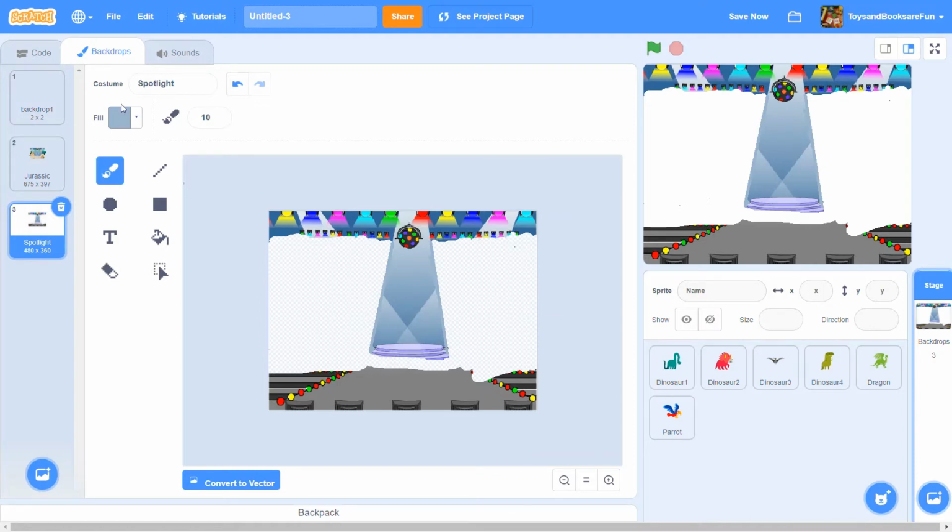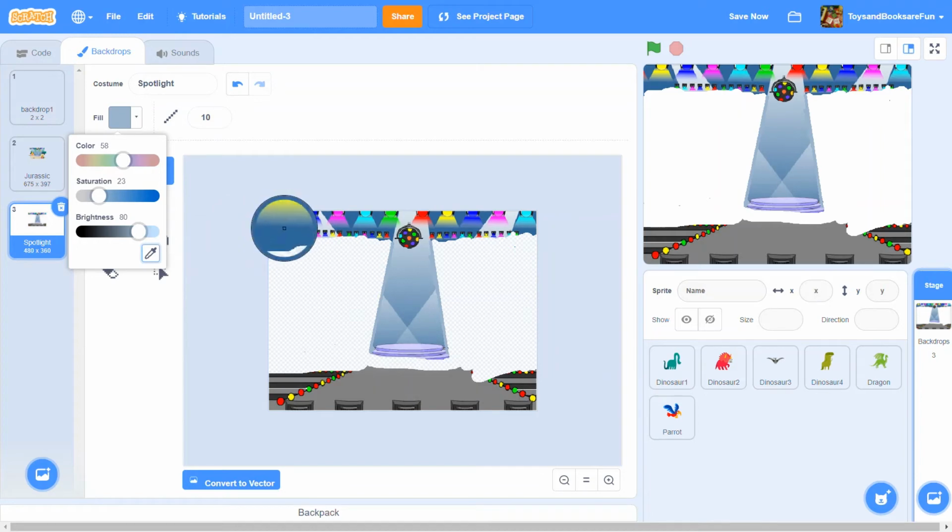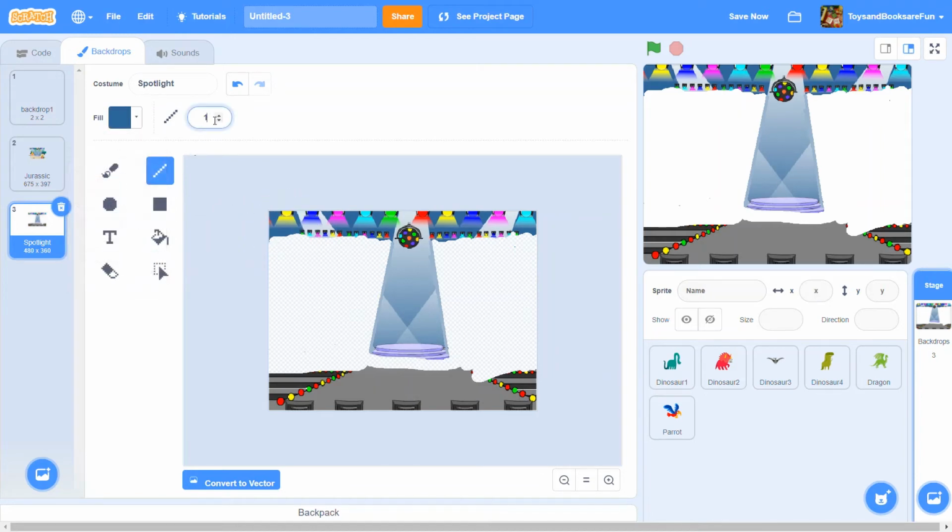So we're going to click here, click on the line here, and we're going to click on the paint, then we can select the blue, maybe because it's blue. Maybe we can make the line a little bit bigger, like 15 or something like that, and then maybe like 20 or something. And then we can pull our line across up to here, and then pull another line from here to here,